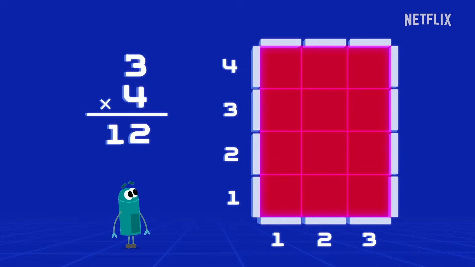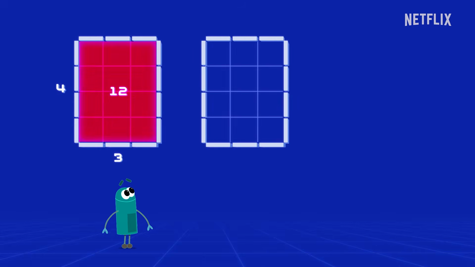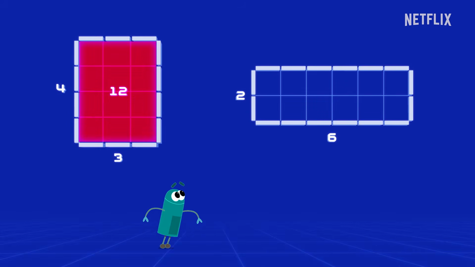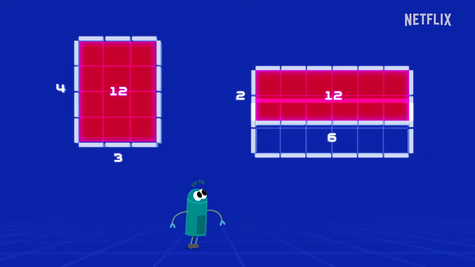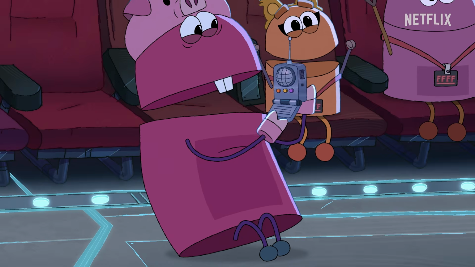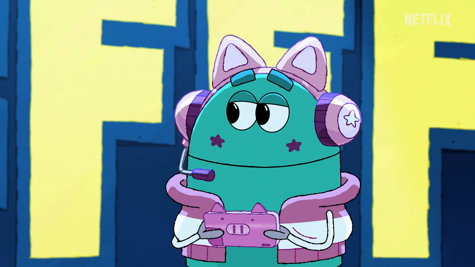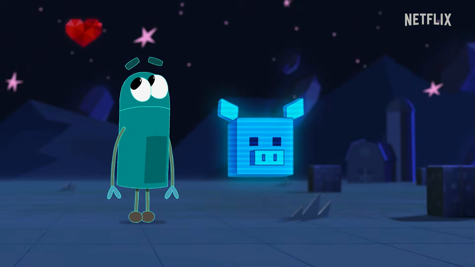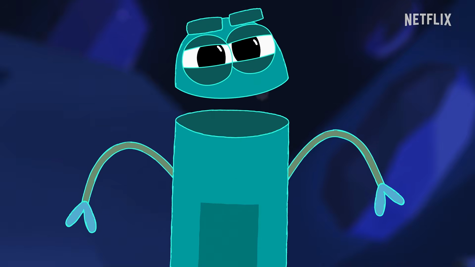And the cool thing is, different shapes can have the same area. 6 wide and 2 long also has an area of 12, same as 1 wide and 12 long. Whoa! Mom, I think I'm into math. Are you ready to try again, Beep? You have 1 heart left. Bring it on!